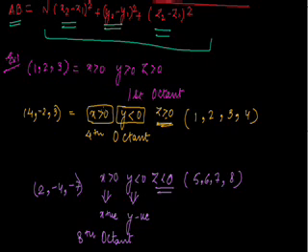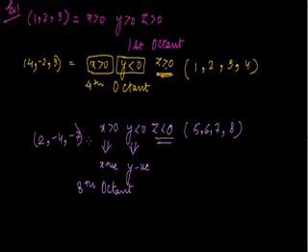As we know, z greater than 0 lies only in 4 octants, that is 1, 2, 3, 4. We can see x is greater than 0, y is less than 0, which means it will lie in the 4th octant. The third example that we did over here is (2, -4, -7). x is greater than 0, y is less than 0, z is less than 0. So z is less than 0, so it will lie either in the 5th, 6th, 7th, or 8th octant. Now x is greater than 0 and y is less than 0, so it will lie in the 8th octant.